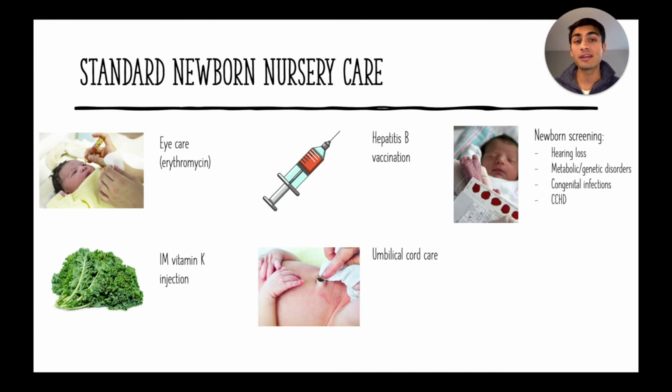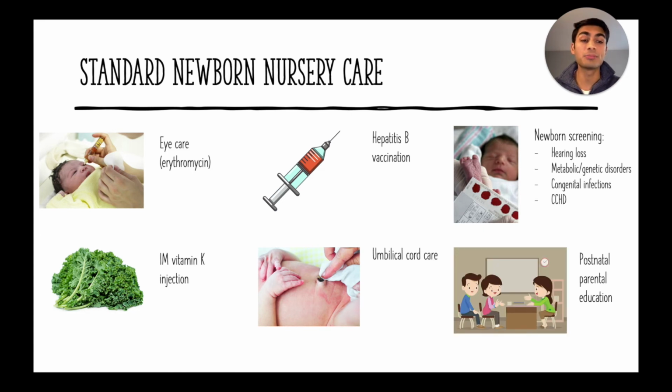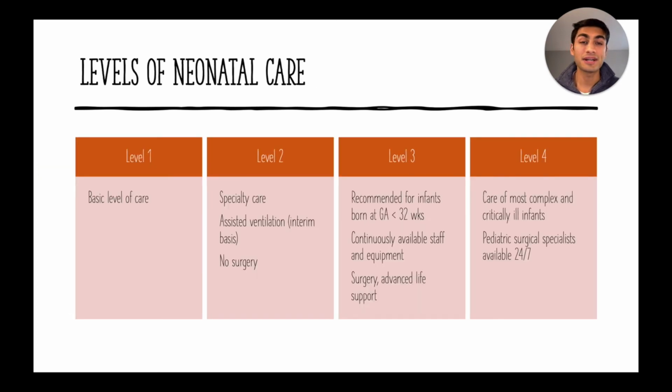And then one other thing that is screened for is hyperbilirubinemia. And this can be done by visual inspection of the baby to see if there's jaundice, or it can be done by actually measuring bilirubin levels, either subcutaneously or in the blood. And then lastly, we have postnatal parental education. And this is crucial for informing the parents on how to properly care for their baby. Alright, so we know what is standard newborn care, and now we're going to learn about the different levels of